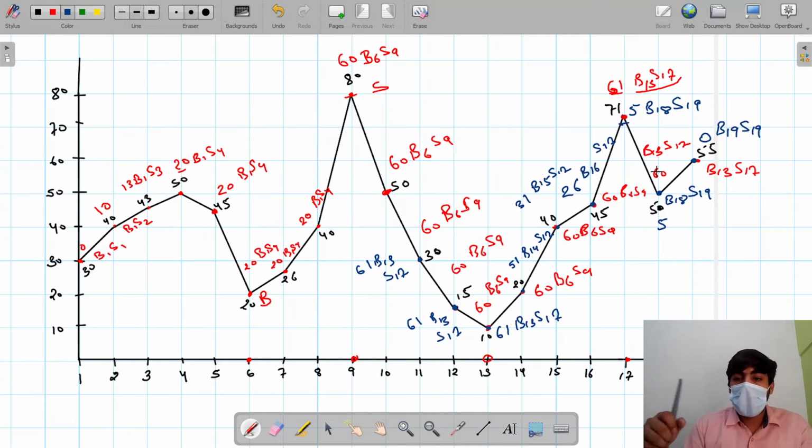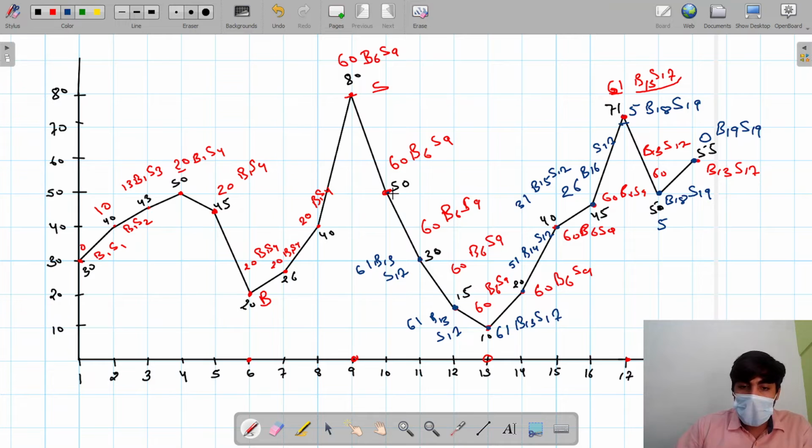Before that we were using a time machine: today selling is necessary, and finding the day which has the lowest price in the past, buying on that day and selling today to get maximum profit. But now what I am doing here is iterating from the last, from the reverse side. Today buying is necessary, and finding the day in future using the time machine which has the highest price, and selling on that day to get maximum profit for today.